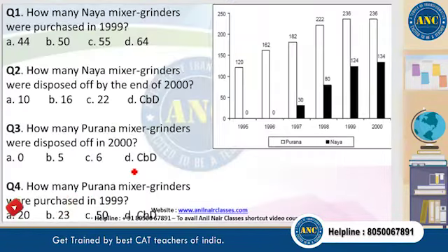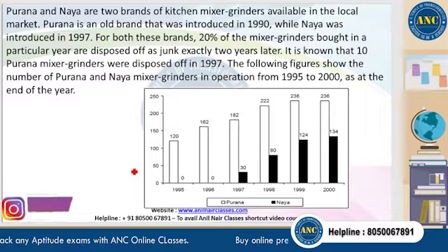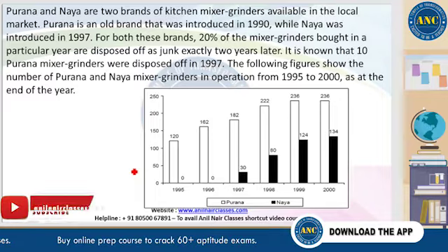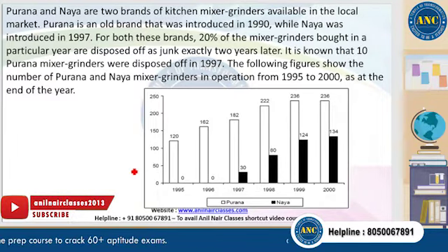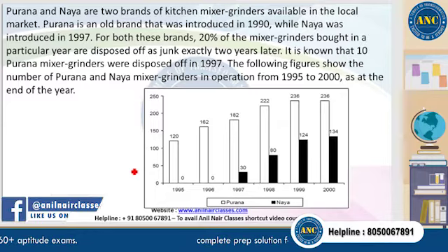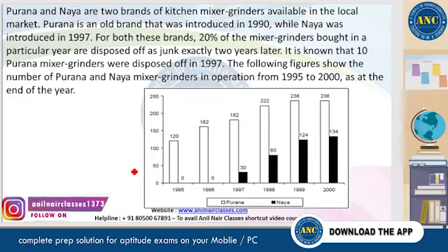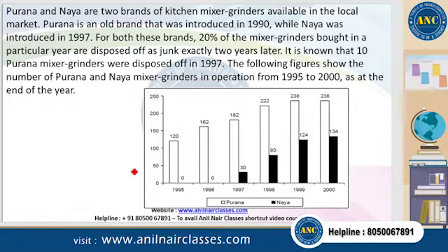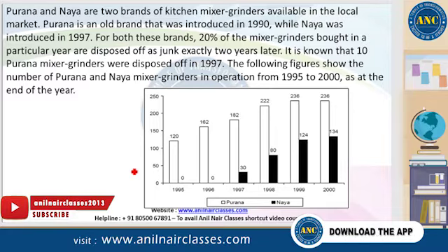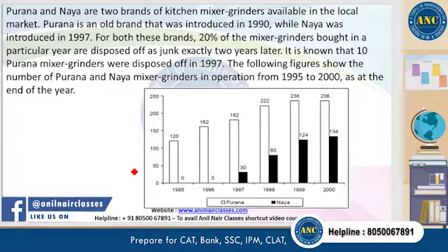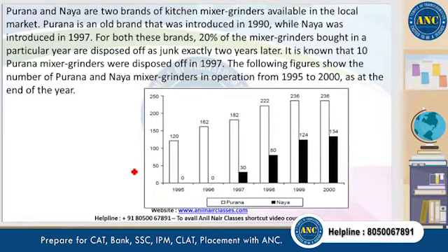Very nice, interesting one. Purana and Nair are two brands of kitchen mixer grinders available in the local market. Purana is an old brand, and the names themselves suggest Purana should be old and Nair should be new. Purana was introduced in 1990, while Nair was introduced in 1997. For both these brands, 20% of the mixer grinders bought in a particular year are disposed of as junk exactly 2 years later. It is known that 10 Purana mixer grinders were disposed of in 1997. The following figures show the number of Purana and Nair mixer grinders in operation from 95 to 2000,